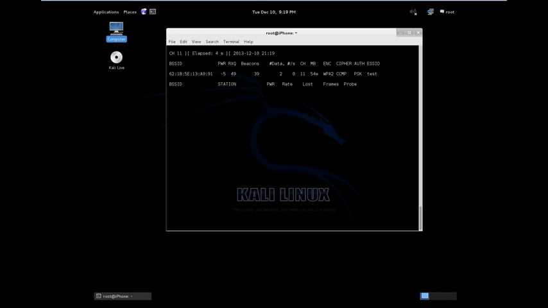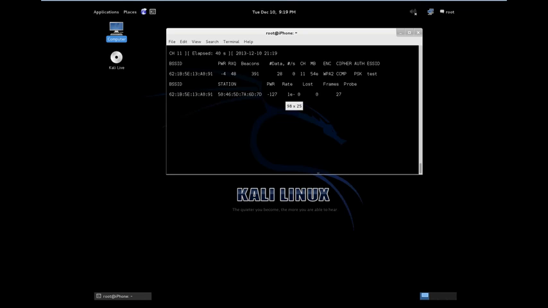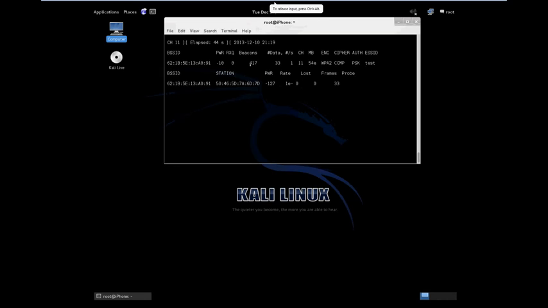Let it have a bit of a think. And you can see here now it's receiving these beacons and this data. Now what you need to do is keep listening until a device pops up down here. There we go. Now this device, this is my device. I know what this device is. So we keep listening, and airodump will keep writing all of the information that it finds to that